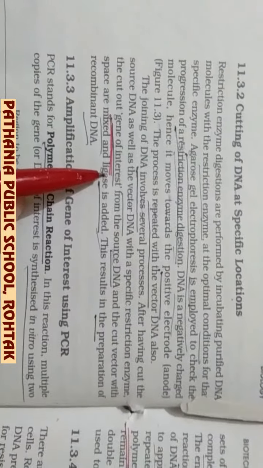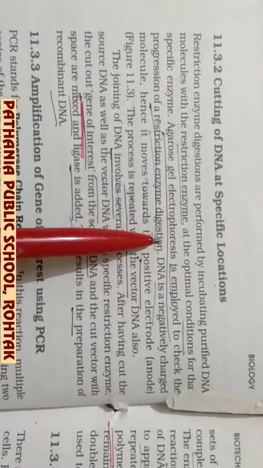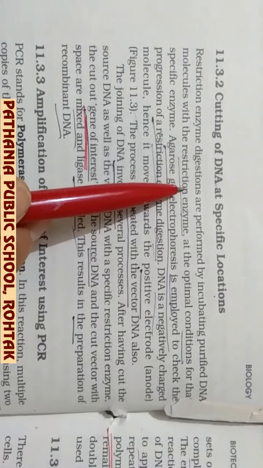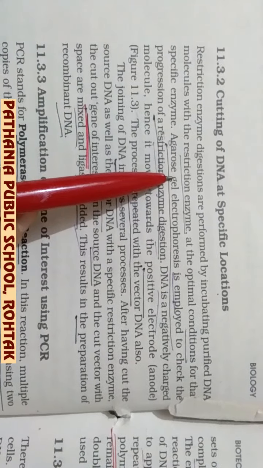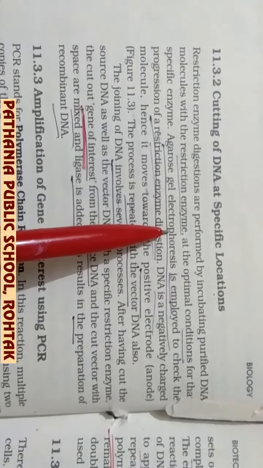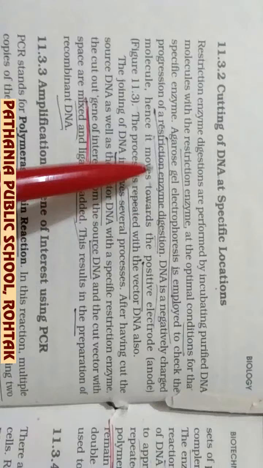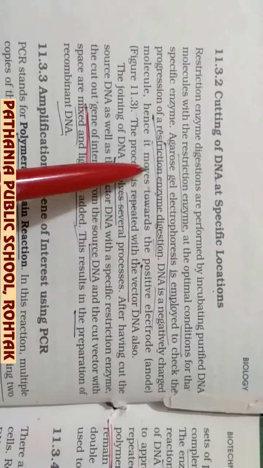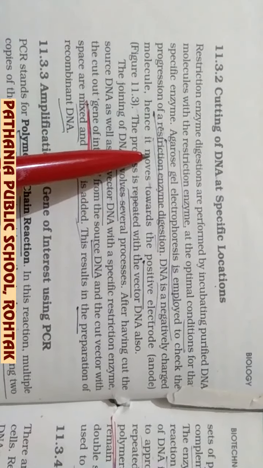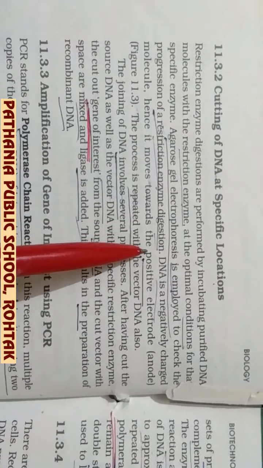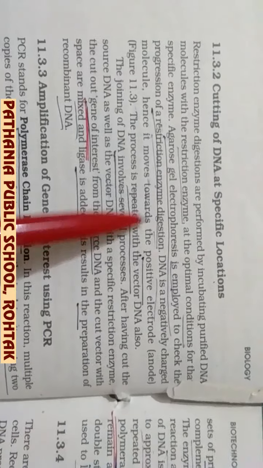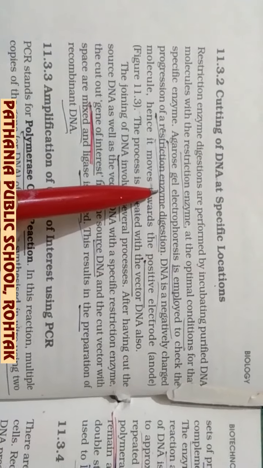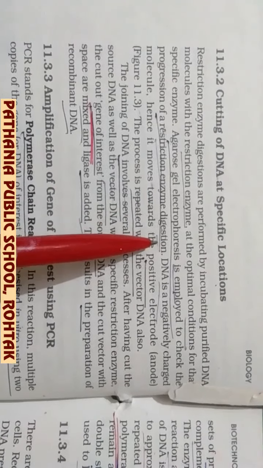All this which I have shown you at the back is written here, that first it is cut by restriction enzyme, and then all those cut segments are now present in the agarose gel, and by agarose gel electrophoresis those segments will be separated. As DNA is negatively charged, it moves toward the anode, which is positively charged, and the DNA will separate according to its size, that we have already seen in the previous topic. So that way we can separate the various segments of the DNA.